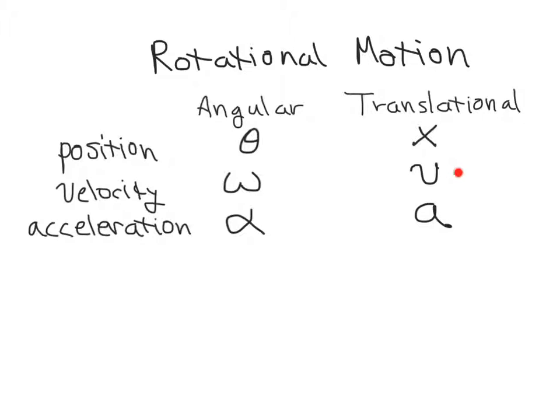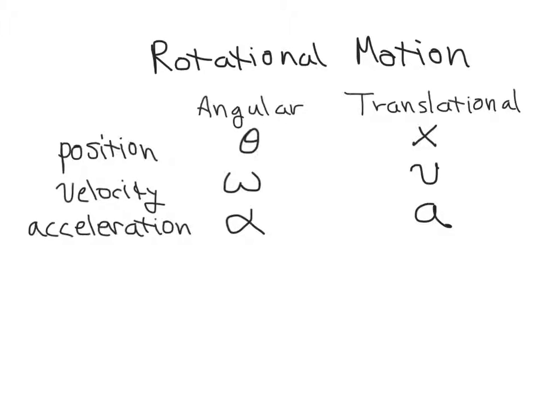and then velocity, which we represented with v, and then acceleration, which we represented by a. And for the angular variables, when we're talking about rotating systems, we talk about the position as an angle, in this case theta. We use theta to represent angle. And then the angular velocity, which is the rate at which something rotates, is represented by omega. And then the angular acceleration, which is the rate of change of the angular velocity, is represented by the variable